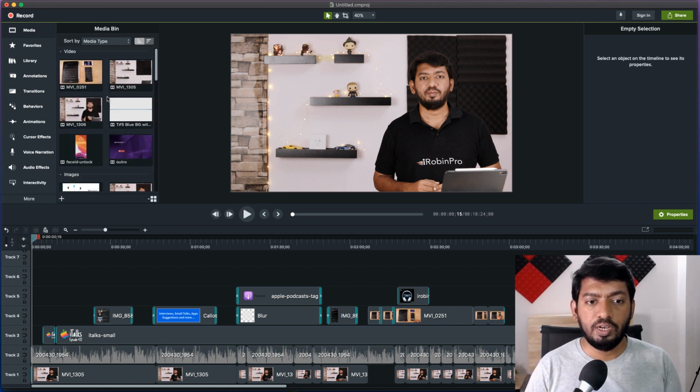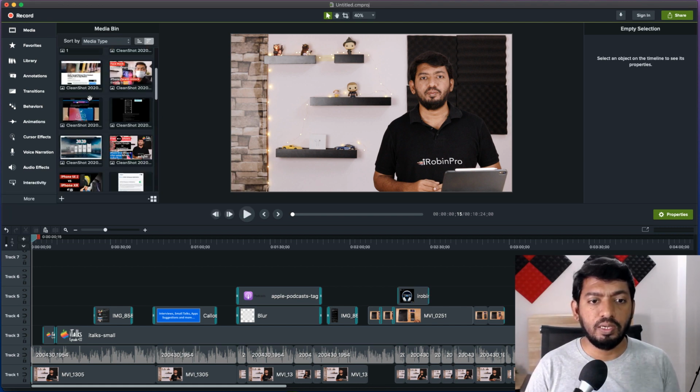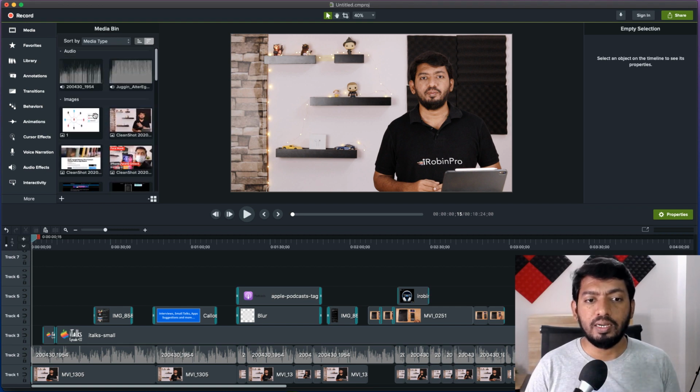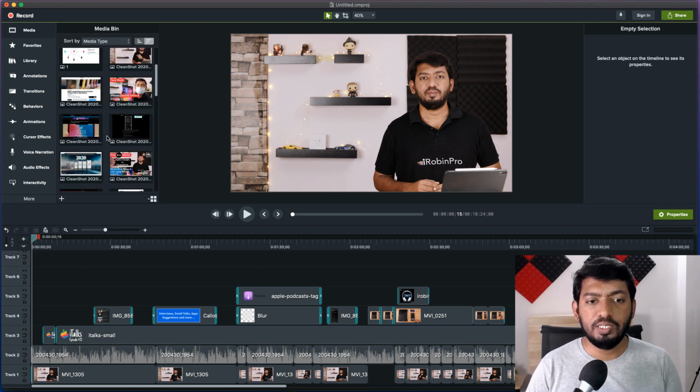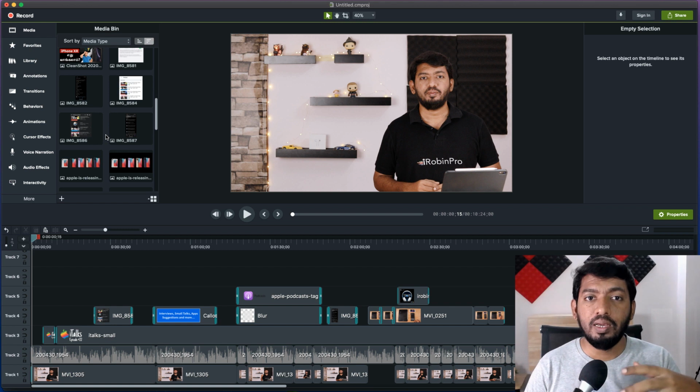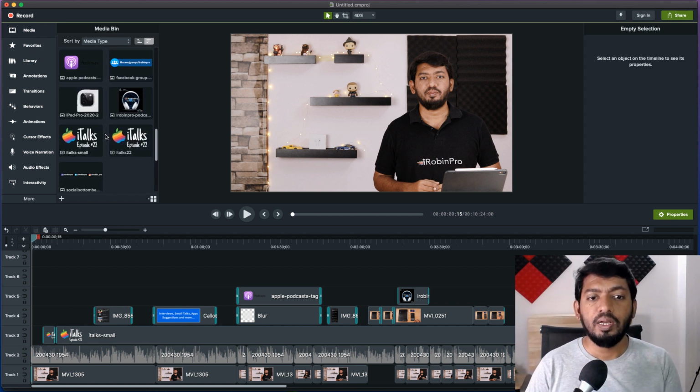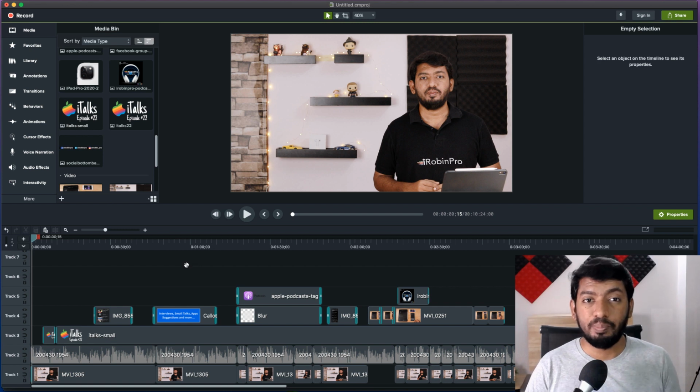As you can see, the video, audio and images are everything split into separate sections with a proper page break. It'll be easy for you to simply fetch that particular video footage or the images or the audio clip if you're working with a bigger project. For smaller projects, it won't be a problem.